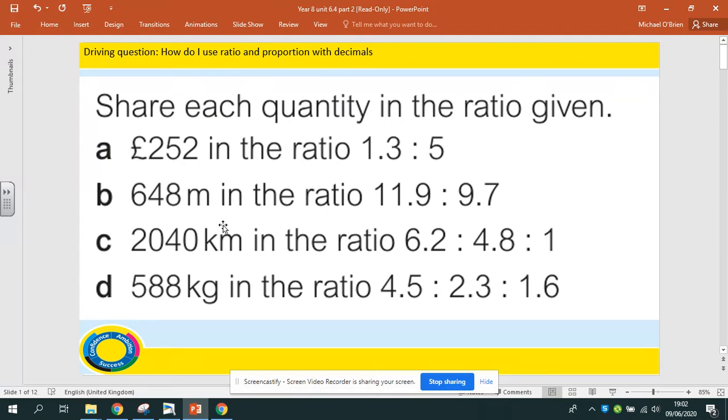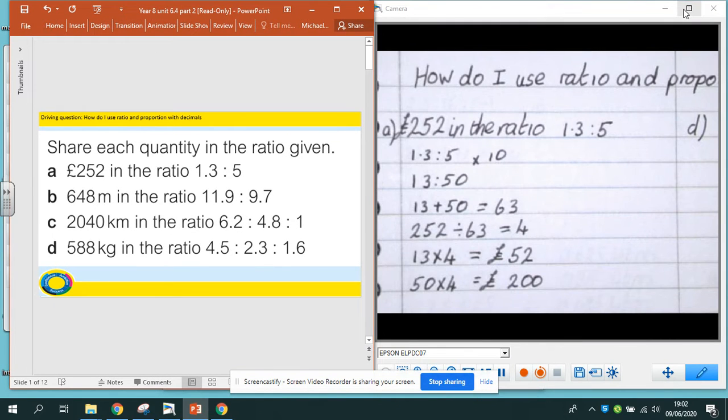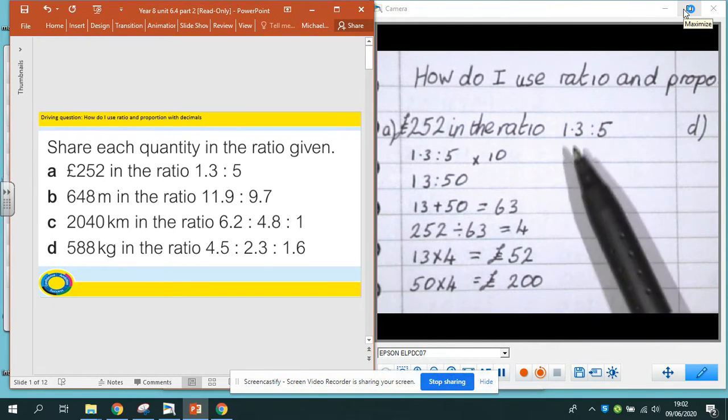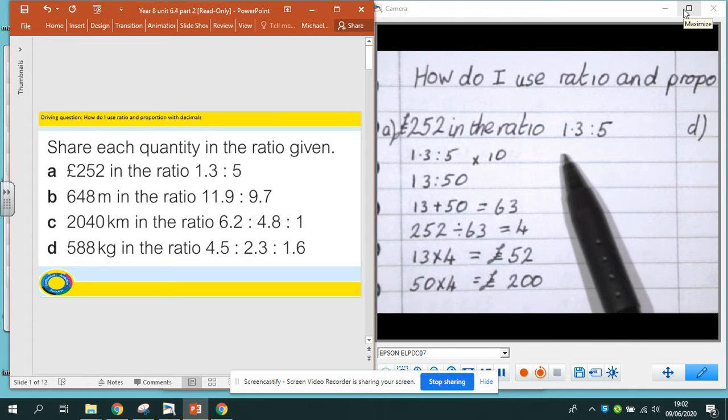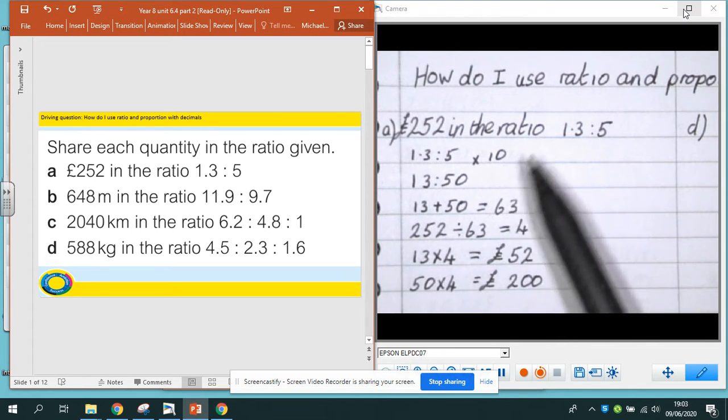Okay, so when you're ready, pause the lesson, work your way through these questions, and when you're ready, restart the lesson and we'll go through the answers. So, let's have a look. £252 in the ratio of 1.3 to 5. The first thing that I did,